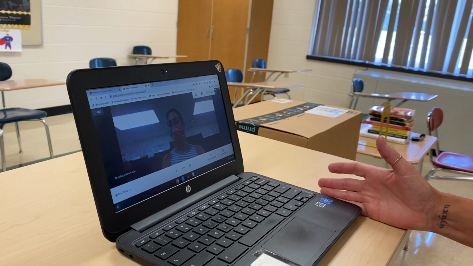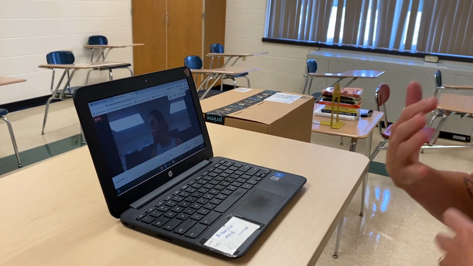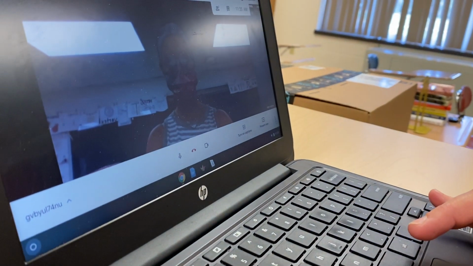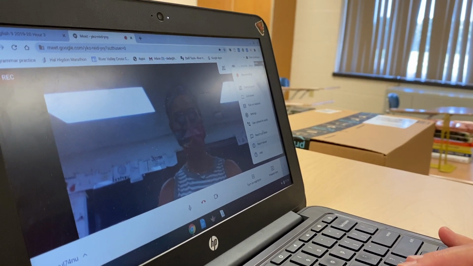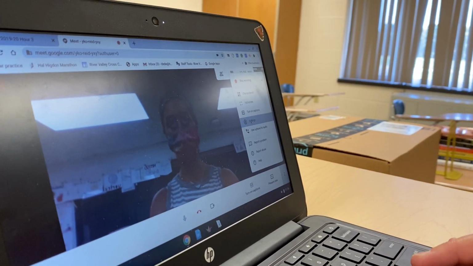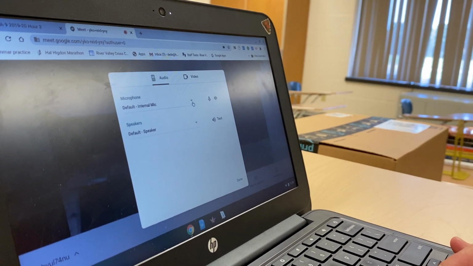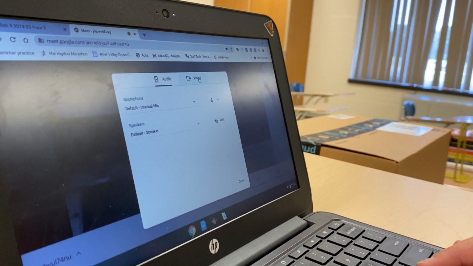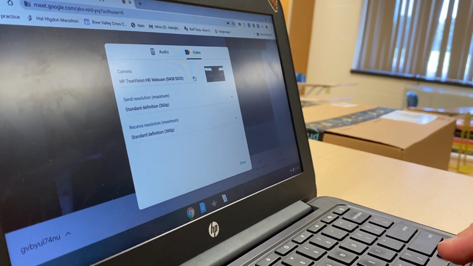And you do have options to improve the video as well as how high it streams. So let me just show you that option as well. Under the more options on the bottom ellipse again, we're going to go to settings. This is where you can control the audio. It should default to internal mic. And so we can go to video, and for your internal camera,